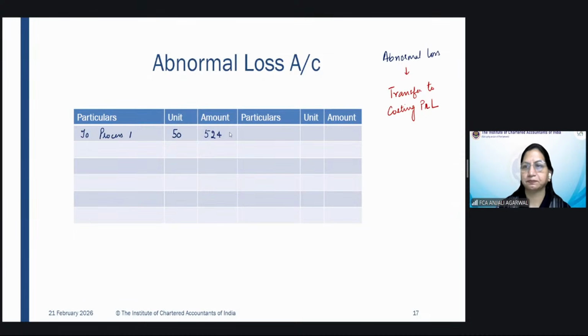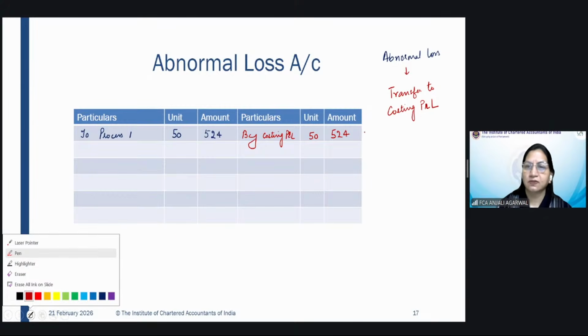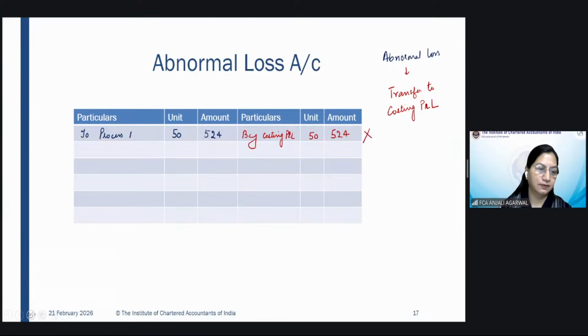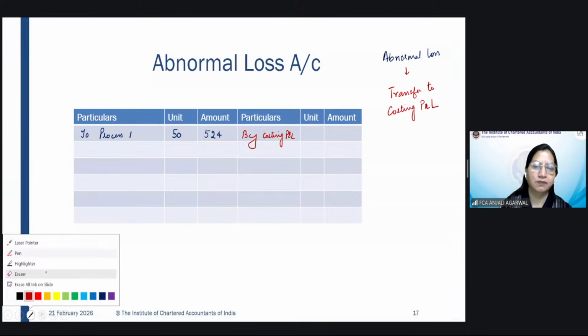Right. So if I write here by costing P&L account, 524, have I done everything correct or is something wrong? So this is wrong. Why? Why is it wrong? Because